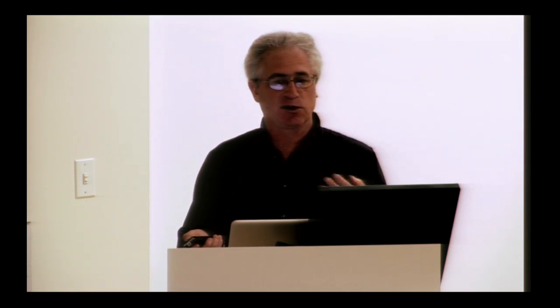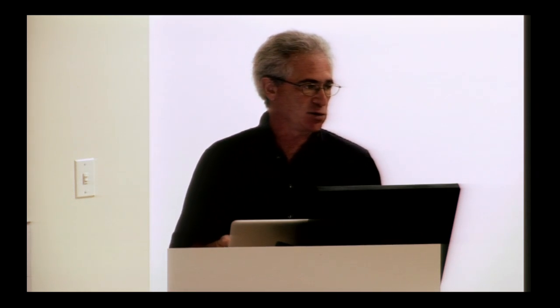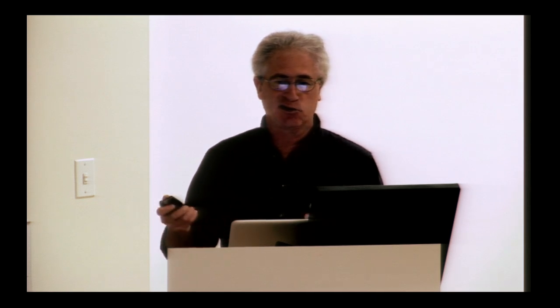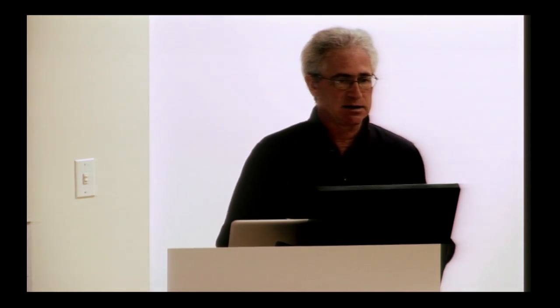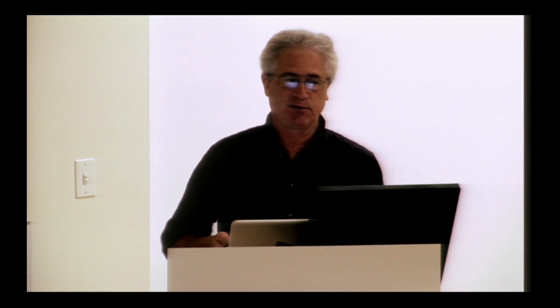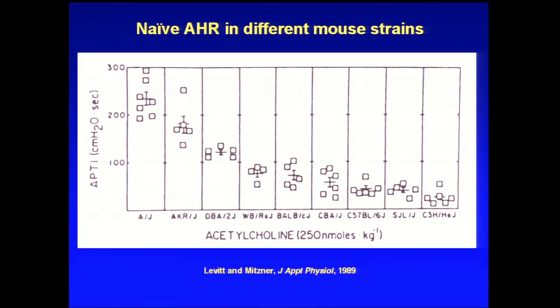Sometimes we're interested in traits that are not necessarily a modifier of a mutation, but are just strain-specific traits. And mouse strains vary in all kinds of different aspects. This is an illustration of an airway hyperresponsive phenotype. This is a model of human asthma. It's basically how twitchy your airway is in response to a sympathomimetic challenge. And you can see that there are some strains which are quite twitchy, and then some strains which are not so responsive to these